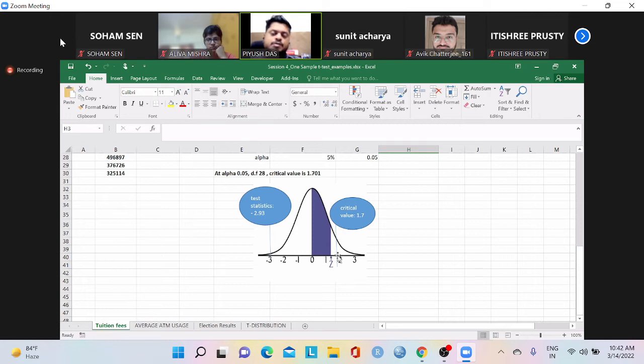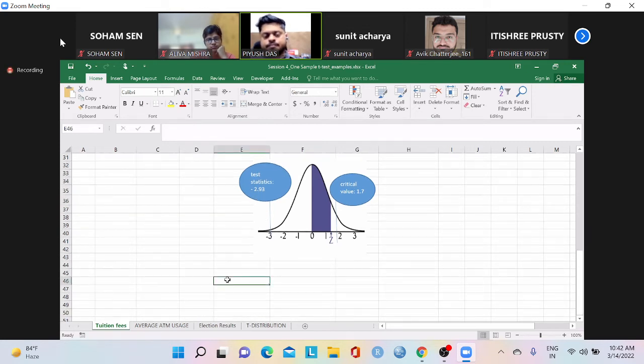But in this particular case, what happened? It is within that range. It is on the left side of this critical value, within that range of 1.7. My test statistic, I got a number of minus 2.93. Then what will be my answer? We will accept the null hypothesis. Actually, we do not say that we'll accept. We'll say that with 95% confidence, with the information available,